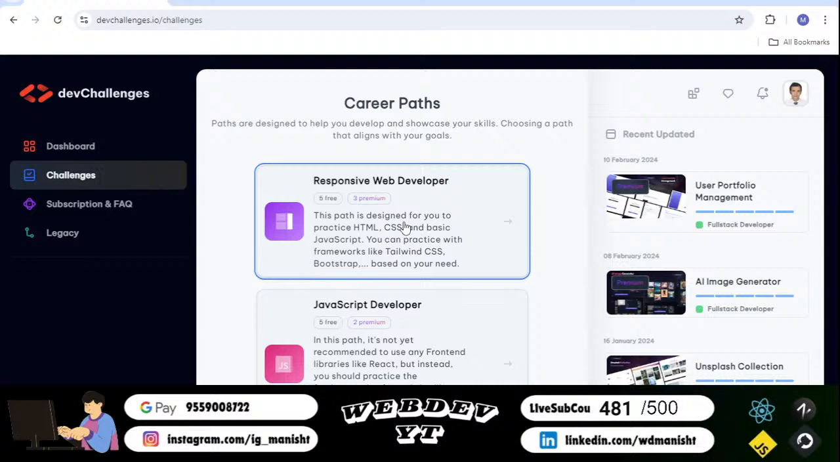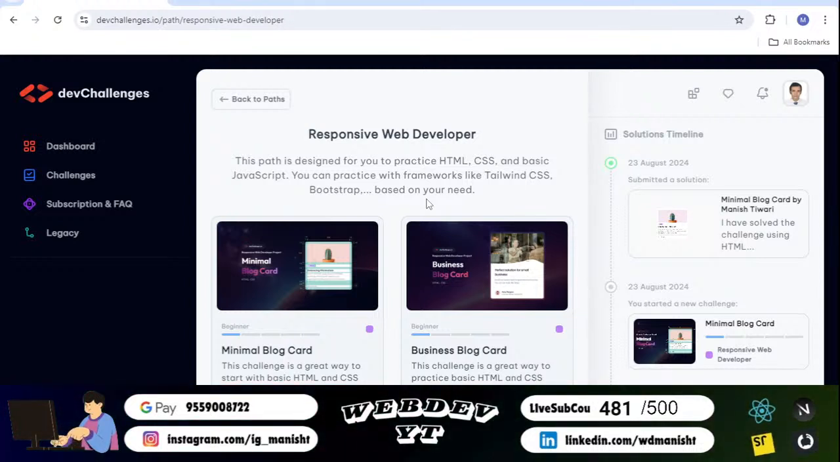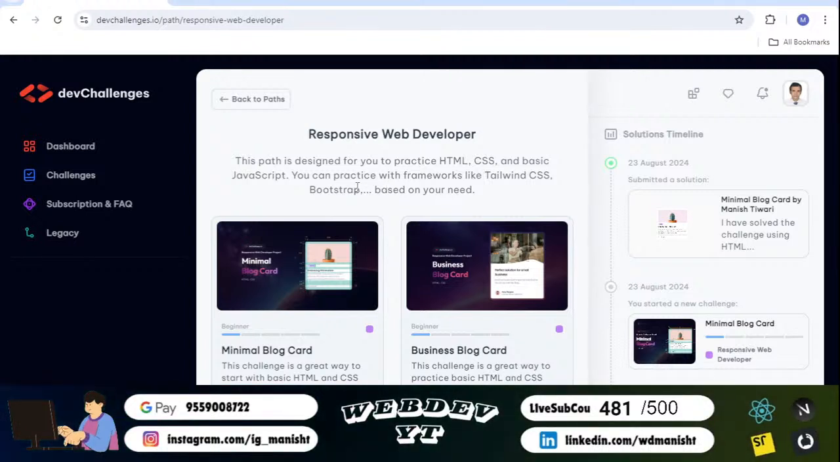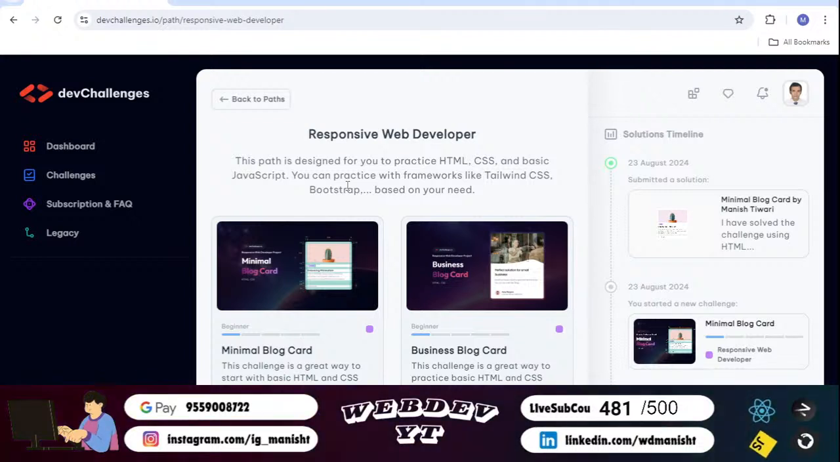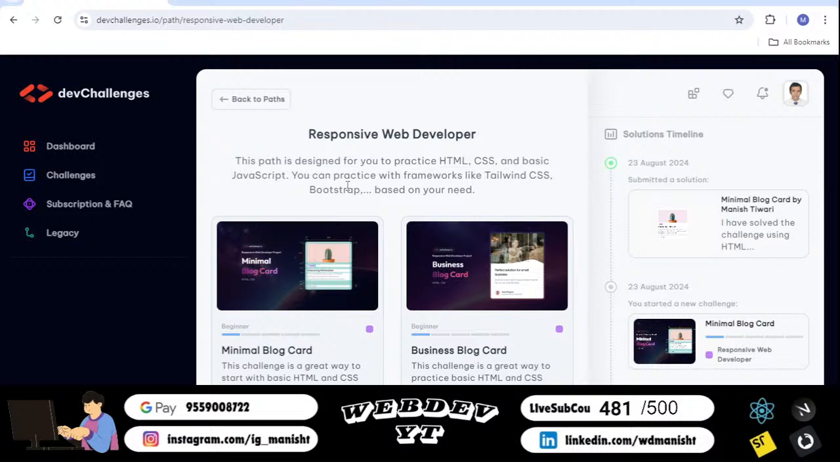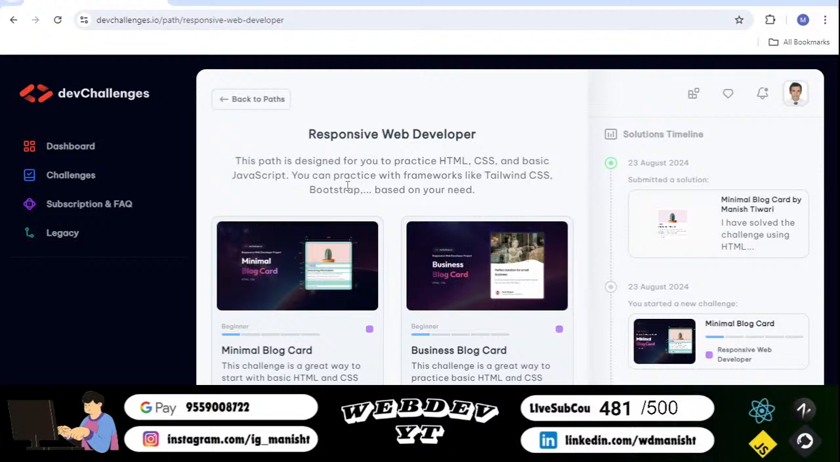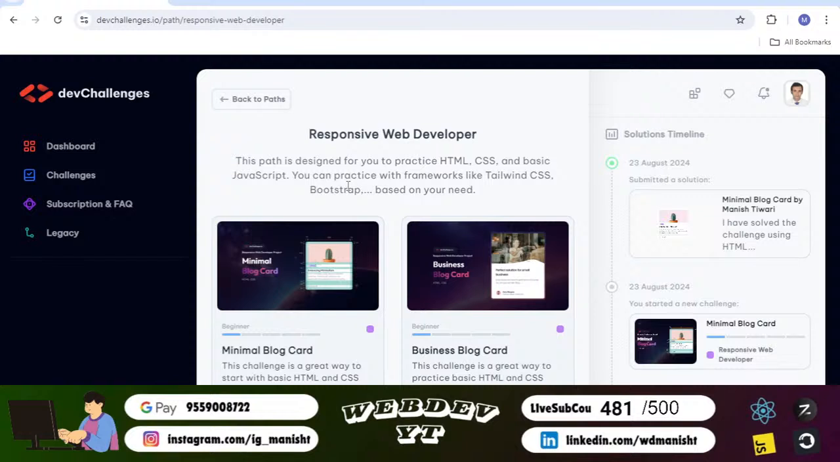So let's open the responsive web developer and see which challenge we can pick. The only thing we need to take care of is that we can't pick any premium challenge because I don't have the premium subscription for this platform. But I promise you guys, in the future I will also try to solve some premium challenges as well. As of now we will go with the free challenges and the beginner level challenges. I hope everything is clear till here, guys, but if you have any query, or whether you are able to hear me properly or not,